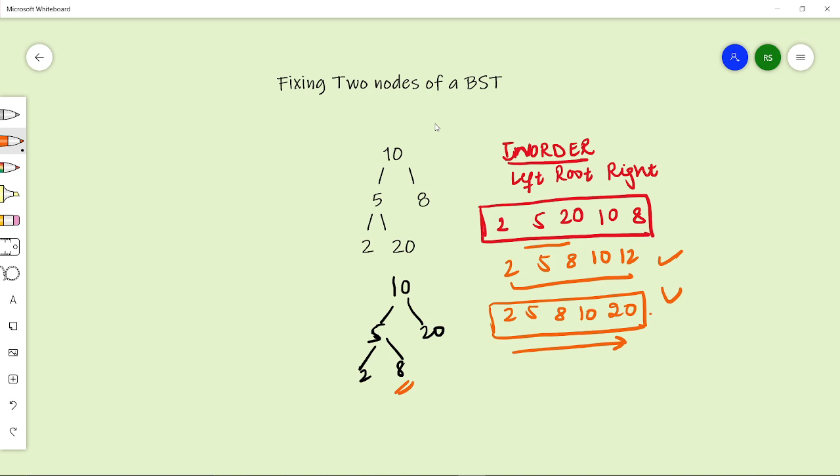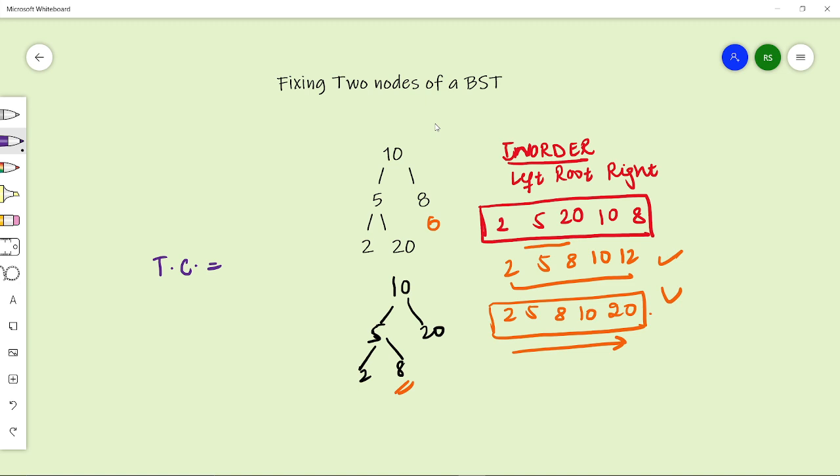So if we sort the in-order traversal for a given BST and insert these elements back into the original BST, keeping the structure the same, we can simply get our answer very easily. But there is one problem, its time complexity. What would be its time complexity?